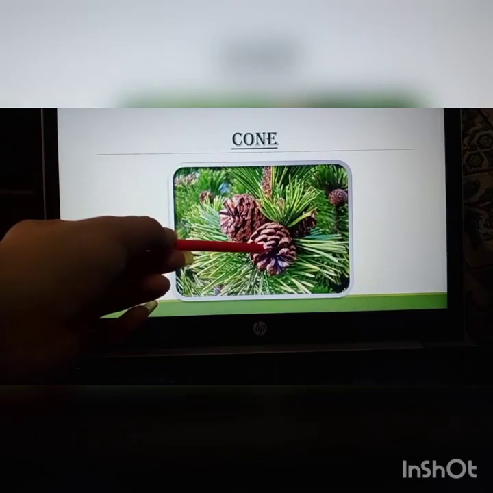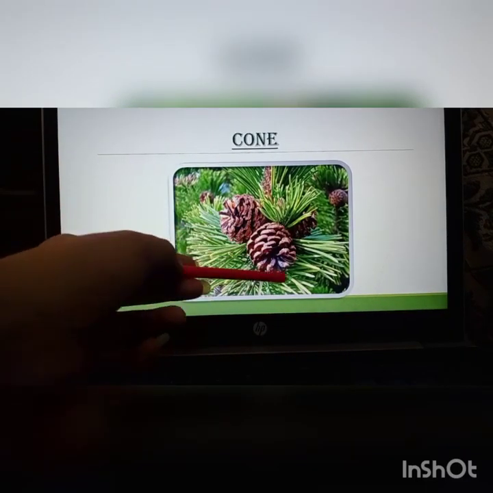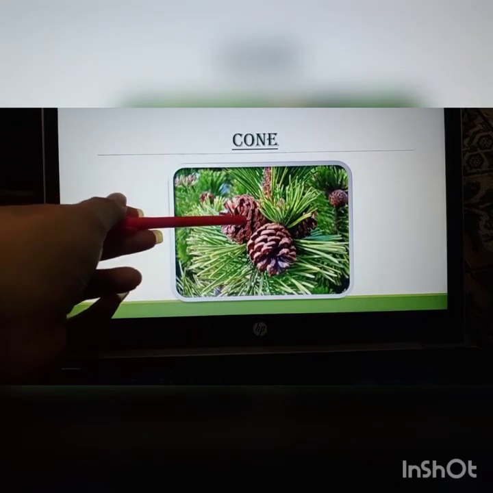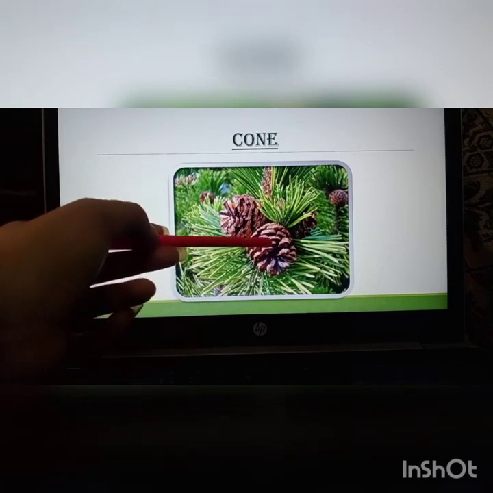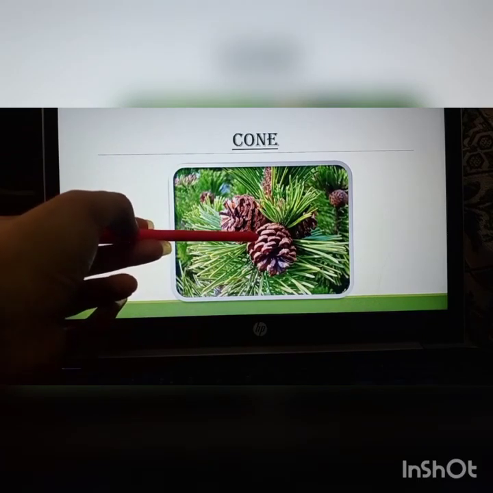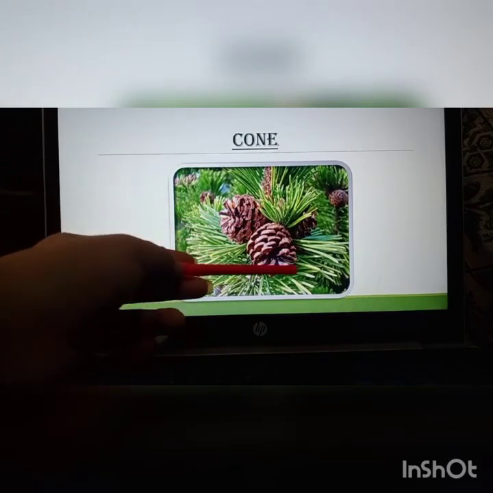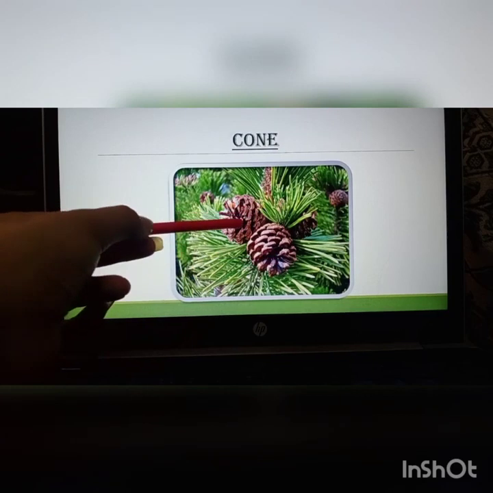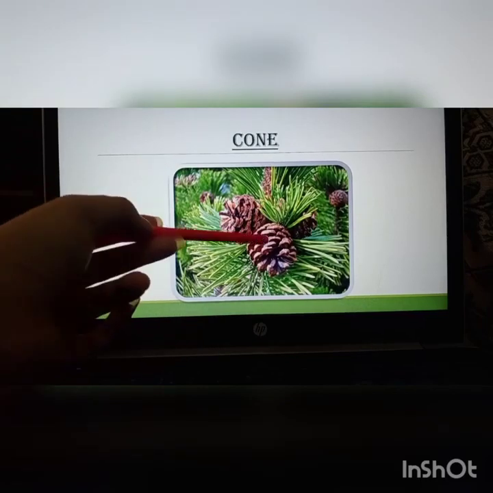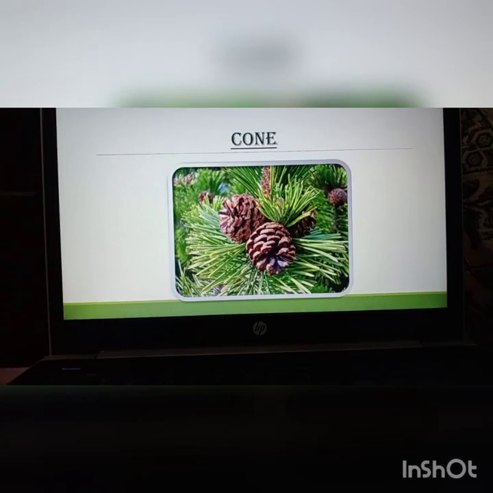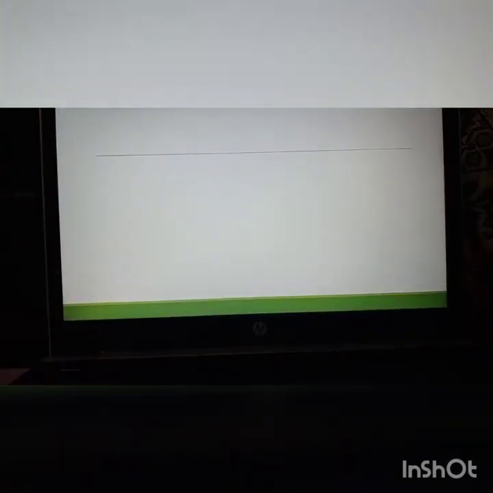If you have ever gone to a hilly area, you must have seen these structures being sold around the nearby markets. These are the cones that grow on the trees of that hilly area. These trees don't produce any flower, but they produce these types of cones, and in between these cones the seeds are present, for the germination of a new plant. So this is a picture of a cone produced by a hilly area plant.